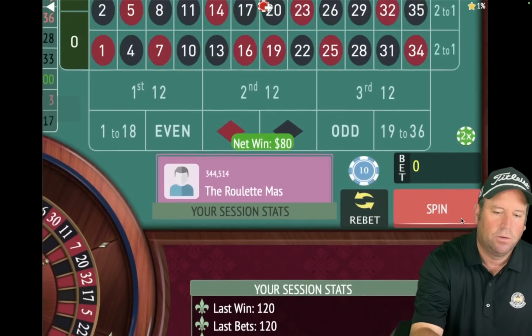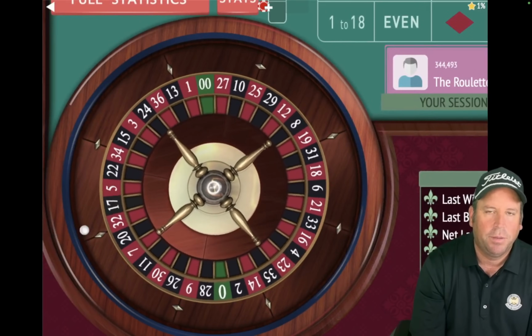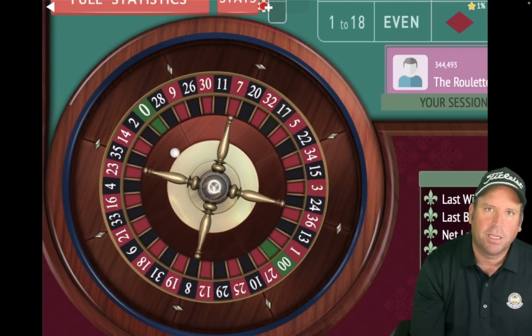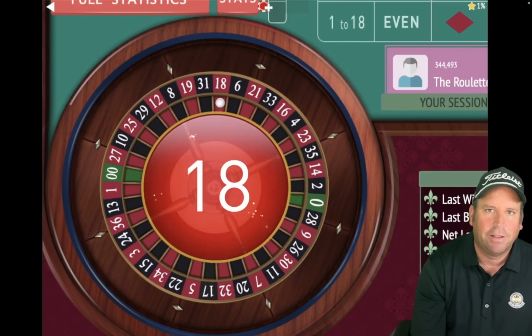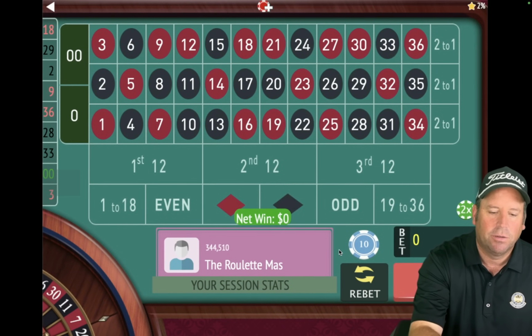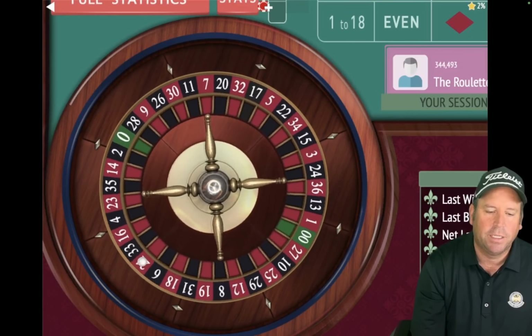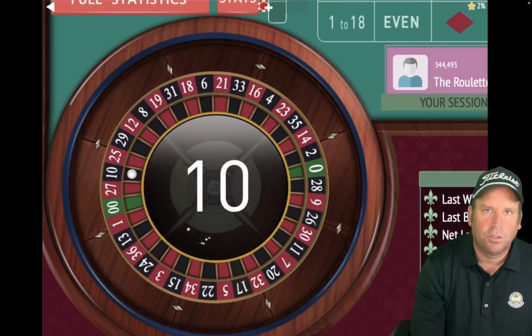Okay, so we're going to go back to the 30 and spin. And there will be slight setbacks using this system, but it'll keep you from losing your bankroll, and that's going to be really important. I definitely have a lot more to cover about that going forward, and that's a break even, so let's go ahead and spin again. Because once we get past that 240 point, there'll definitely be some partial losses, but it'll